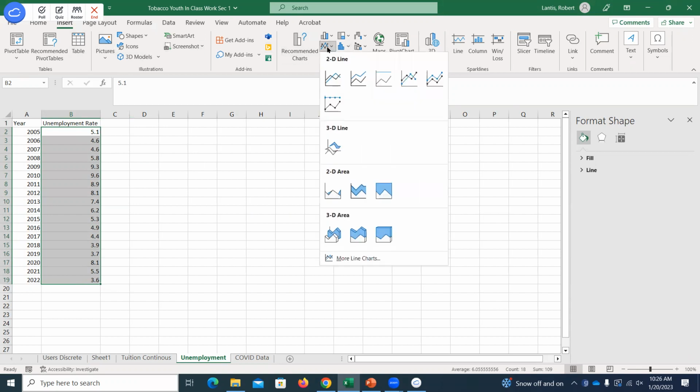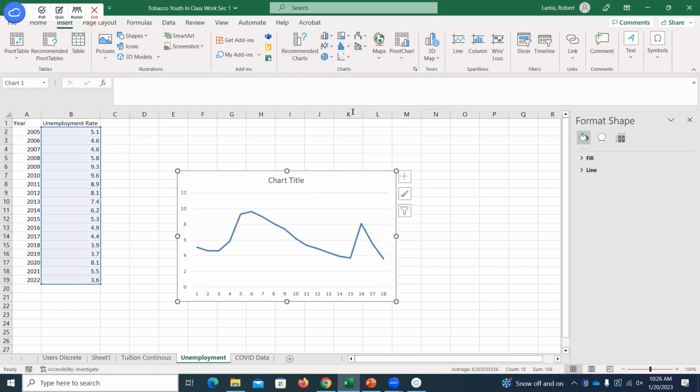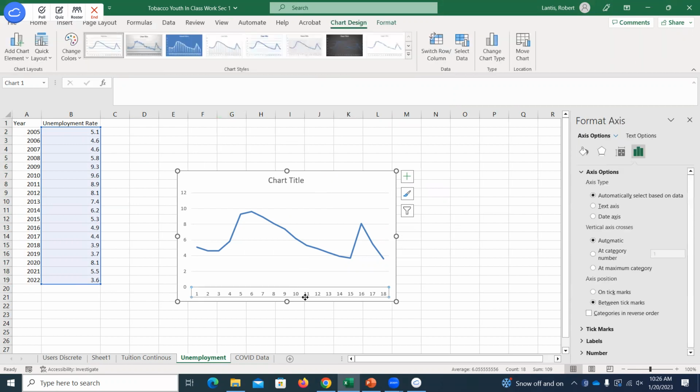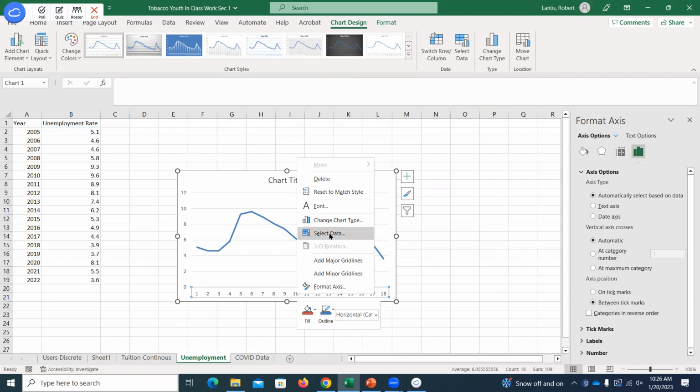Now, when we go to insert and go to this line graph option, we get this nice time series graph. Just like I think I showed you last week, the issue is we don't want these to be our x-axis labels. So if we right click, go to select data, and I'll Google this afternoon and post an announcement on Canvas, because I know on some Macs there's an issue where when you right click, it doesn't give you the select data option, and I forget exactly off the top of my head.